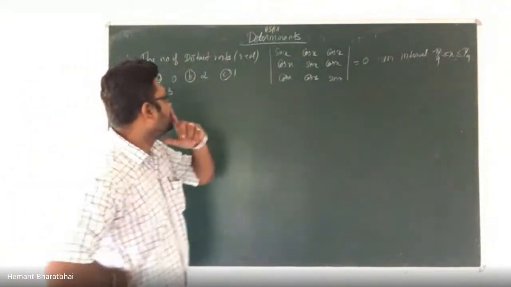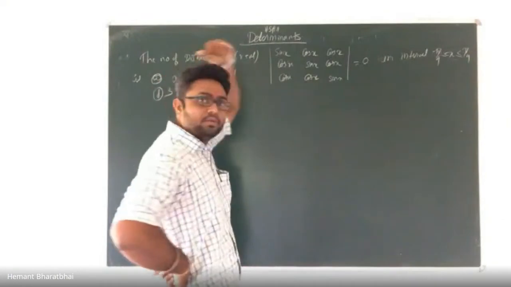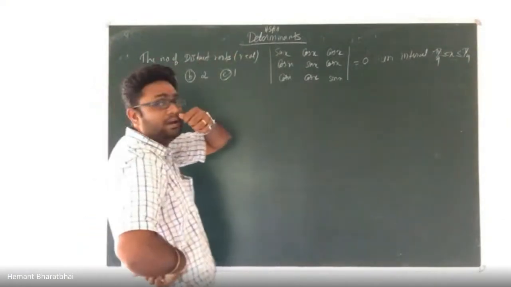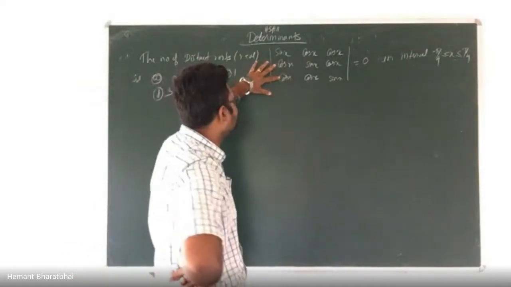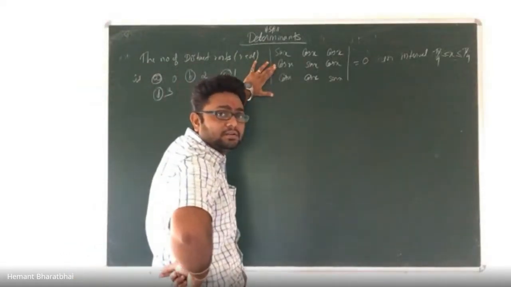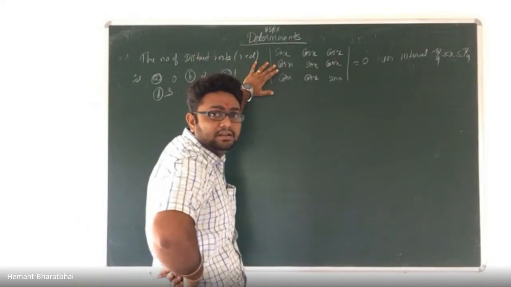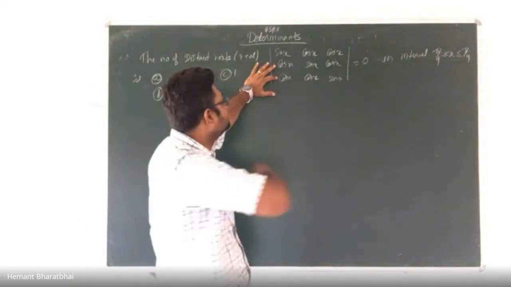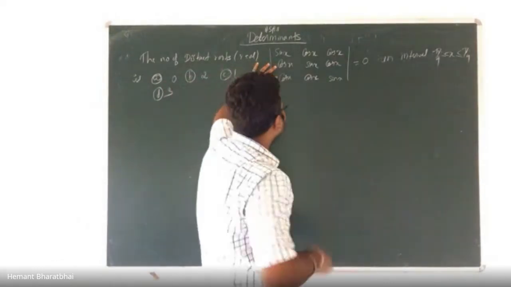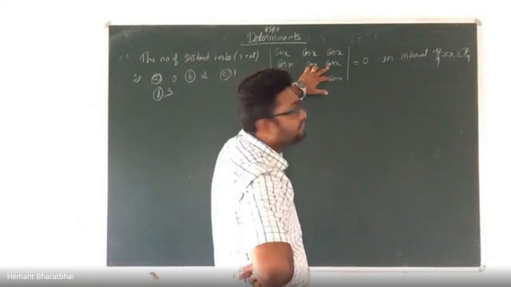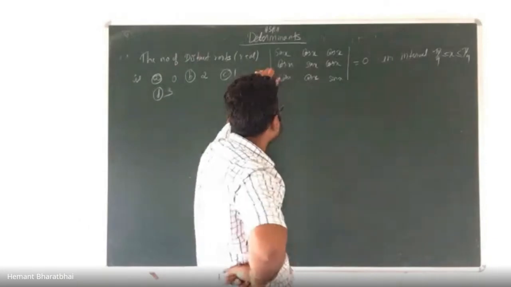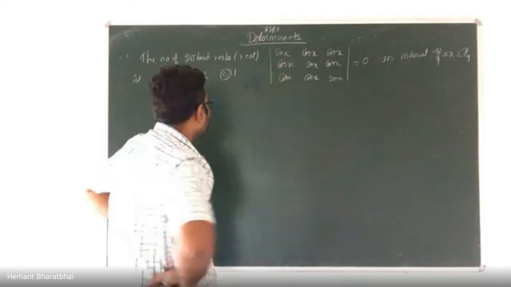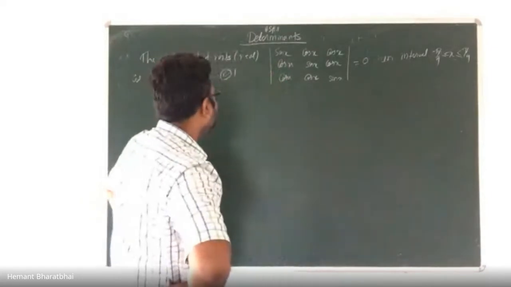I can do row transformations and column transformations also. I can do R2 minus R3, so that I get cos minus cos is 0. But then this will get converted into some other terms, because I have only 3 sin and a lot of cos. Or I can try